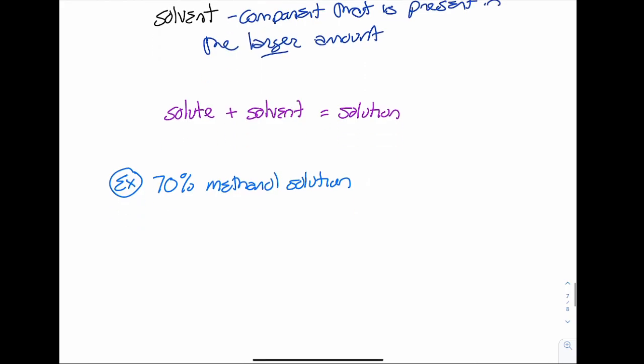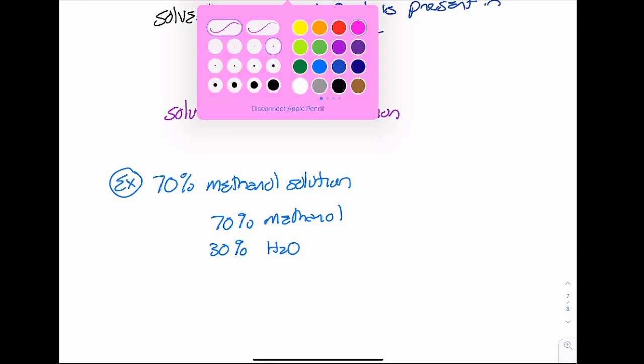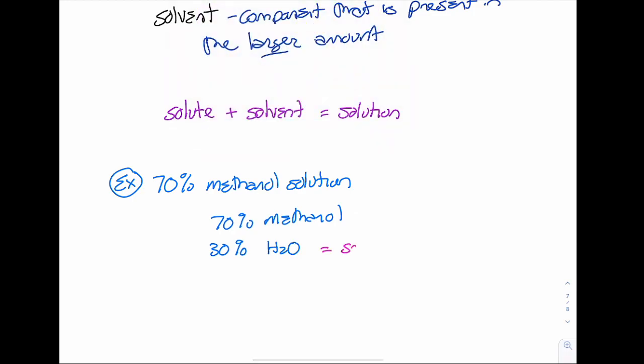So what this means for us is that 70% of it is methanol. Methanol is just a type of alcohol. And then 30% of it, right, because it has to add up to 100, is going to be water. So in this example, water is actually my solute, right? I have less of it. Only 30% is water. Methanol is my solvent